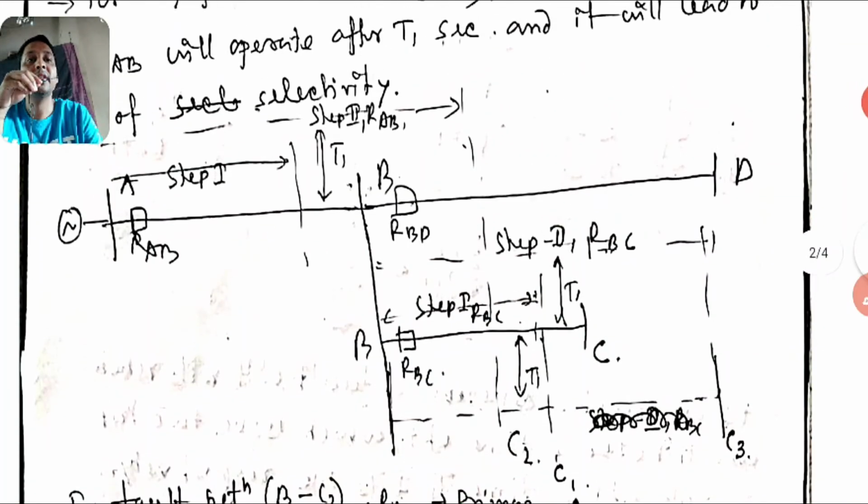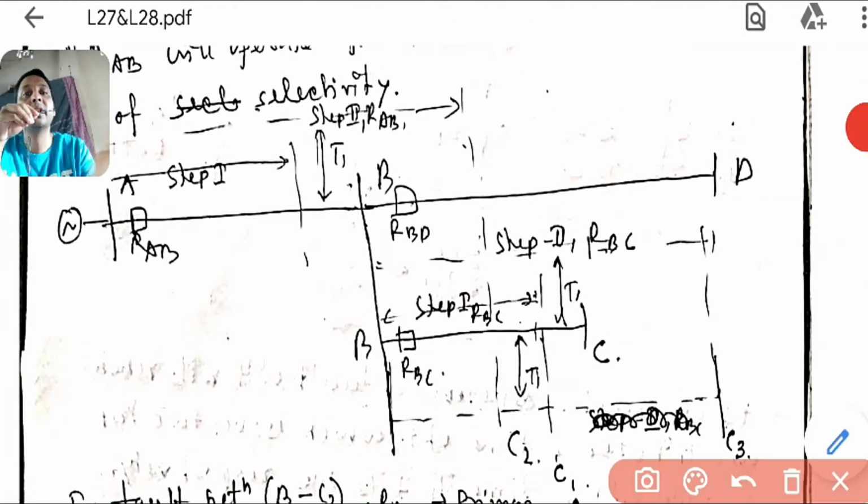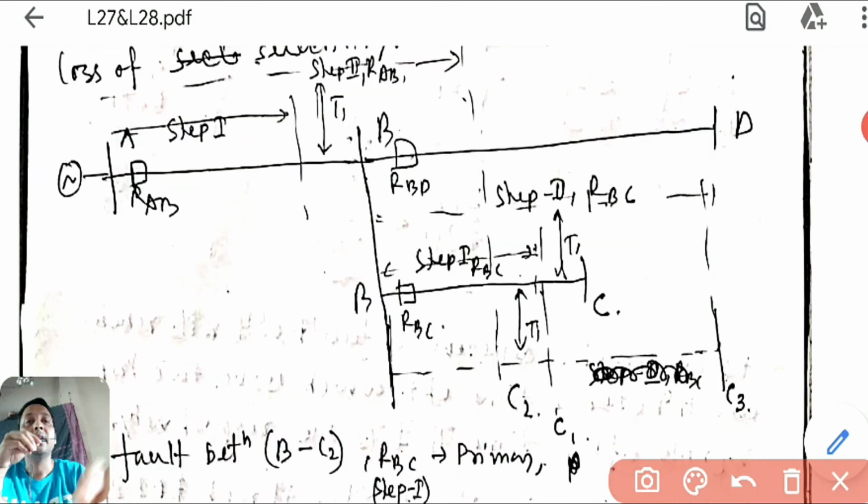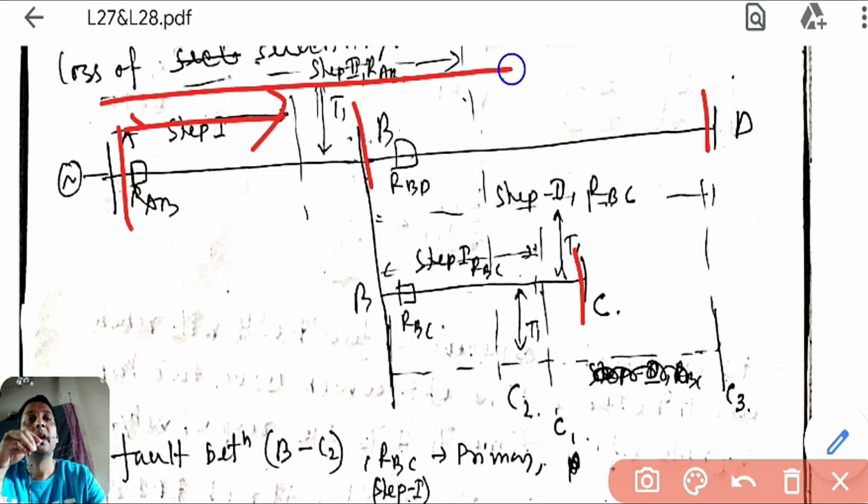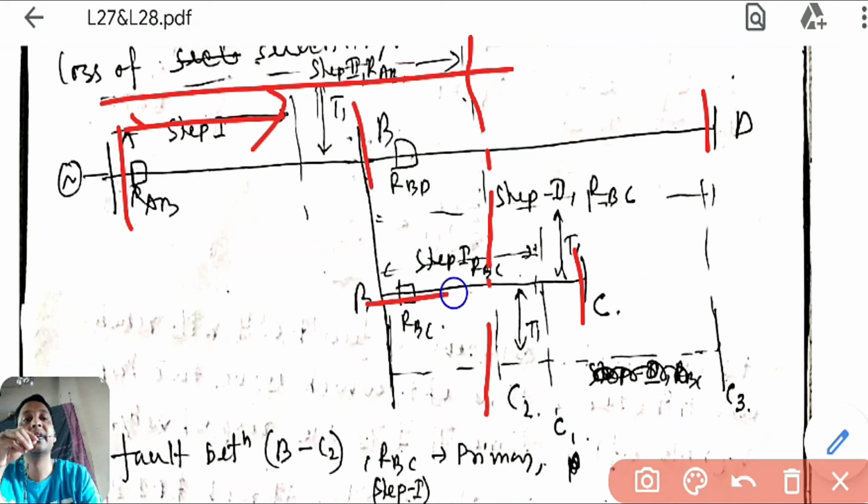Now, if you see, if it is 50% of the shortest line, then what advantage? Now you can see this is your AB, this is BD, and this is BC. Now what you are doing, this is your step 1 for AB. What is step 2 of AB? That is, step 2 of AB not going so far. It is just 50% of the next shortest line. BC is the shortest line, so 50%. So this is the second step.